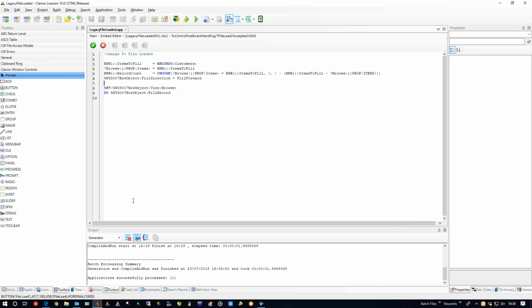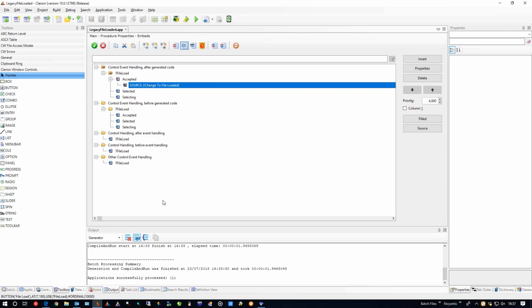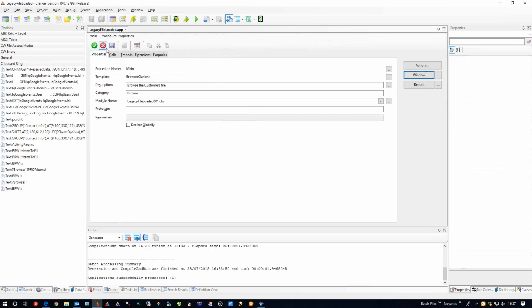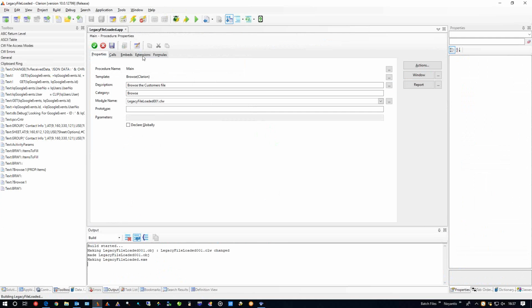Not sure what I've done there. Blatantly just been copying blind from the other one, but let's take a look anyway. Fill direction equals fill forward. Set. Let's take a look at that. Let's see if it works.